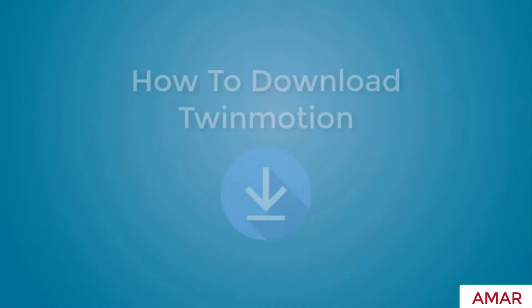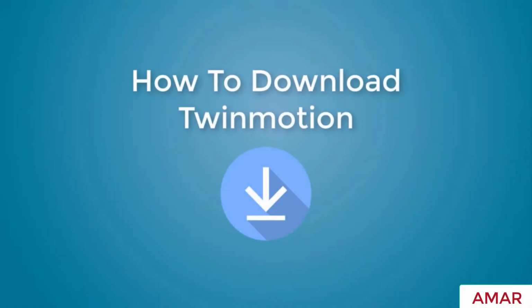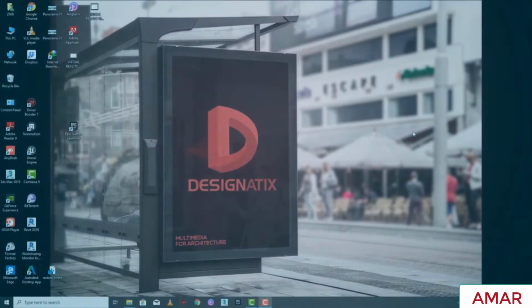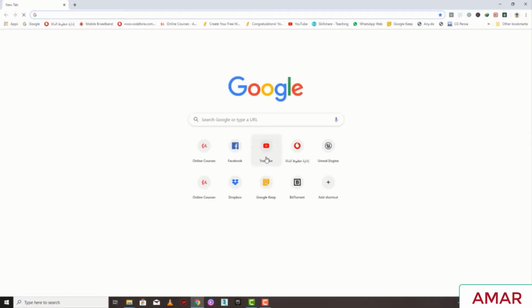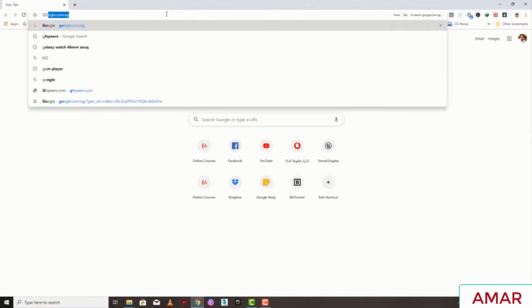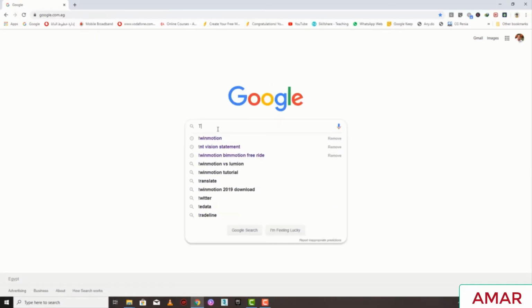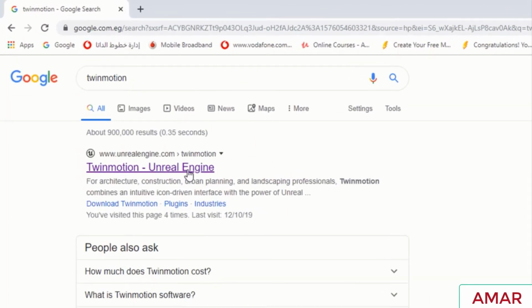How to download Twinmotion. You can now download Twinmotion with full functionality totally free. To get it, simply Google Twinmotion. You will find this link, Twinmotion-Unreal Engine. Click it and it will take us straight to the website